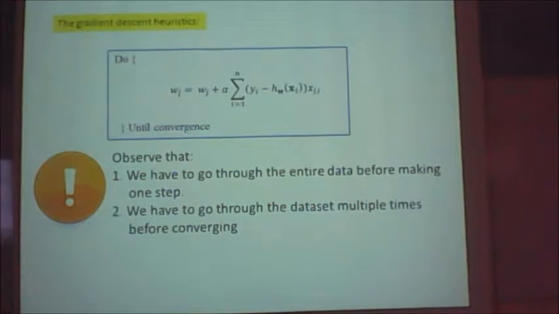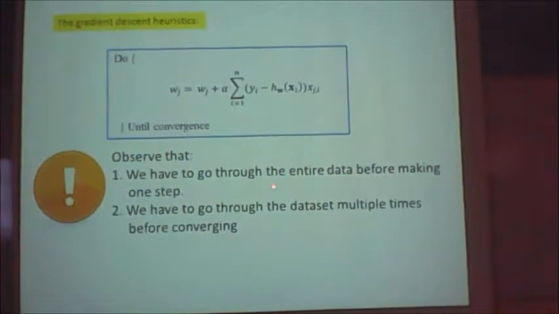Now, with reference to big data, the trouble is you look into this one. If you look at the summation here, you see that for gradient descent to take one step, conventionally or traditionally, this summation means you have to look at the entire data set. This is how the original plain vanilla gradient descent works. So if you have 1 gigabyte of data, you have to go through everything and then you can take one step. Of course, you have to approximate the gradient. So this seems to be the issue.